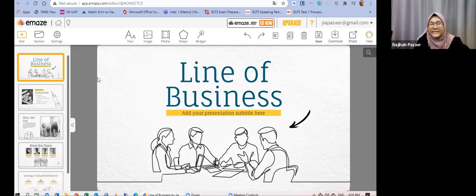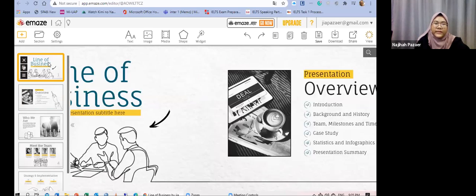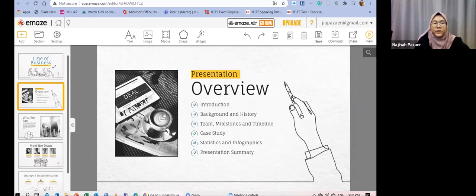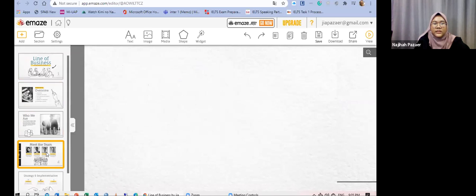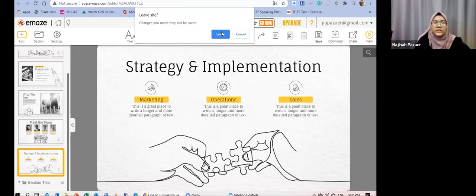It probably will take some time as my internet is quite having problems tonight. But okay, to give you an example, this is what you will see. Imagine this is a full screen, right? So this is how your screen will look like. Very, very clean look, very formal look, all right? So that one is for